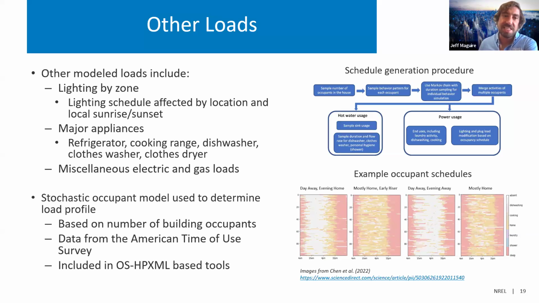We're modeling those with a stochastic-based tool that's been developed using American time of use survey data. So American time of use survey data has people record what they're doing every 15 minutes over a long period of time. And so we kind of have an idea of what people actually do in their homes based on that survey data. And then we're able to take those responses, things like I'm showering during this time, I'm cooking during this time,